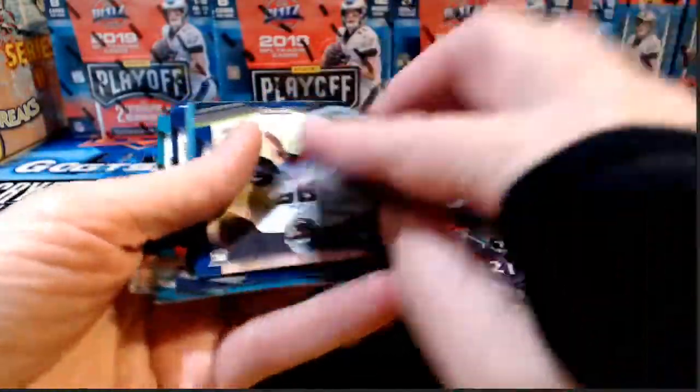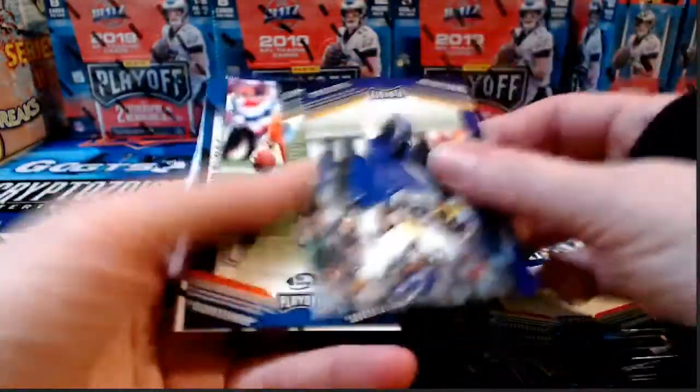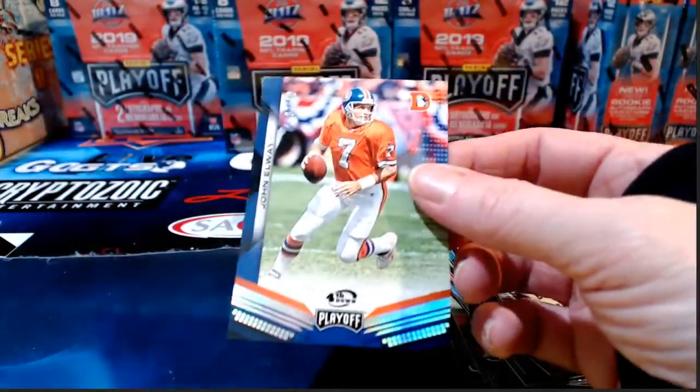And what else do we have? Probably some more numbered things in here. Yeah, there's a fourth down. Elway, numbered to 10